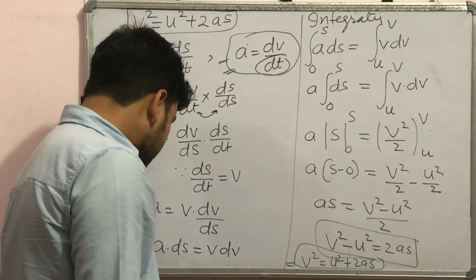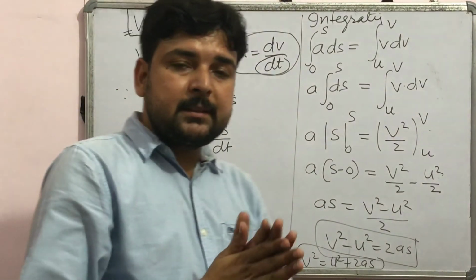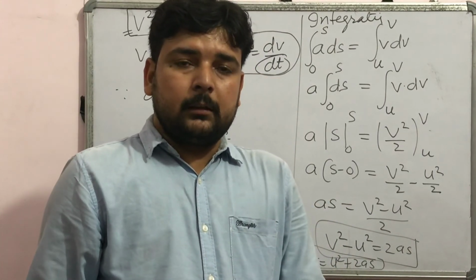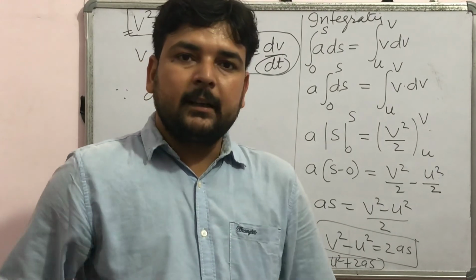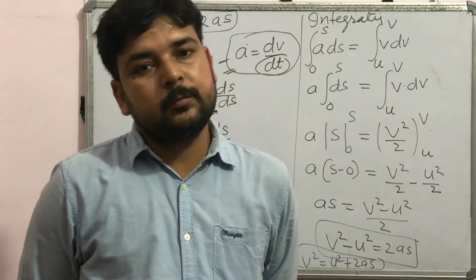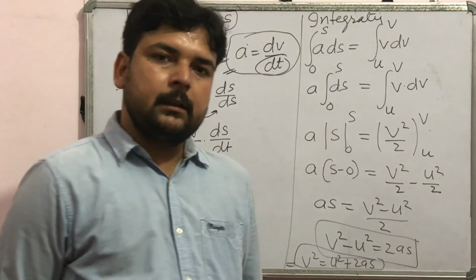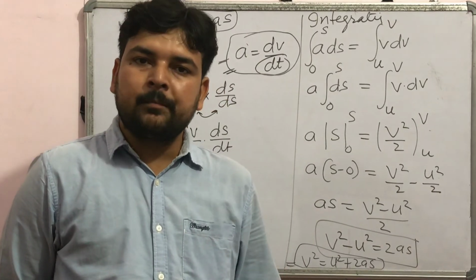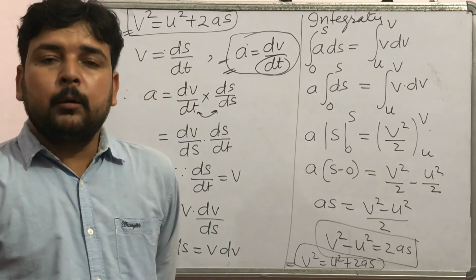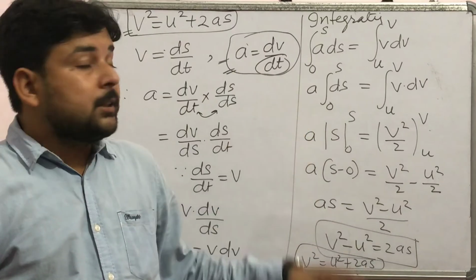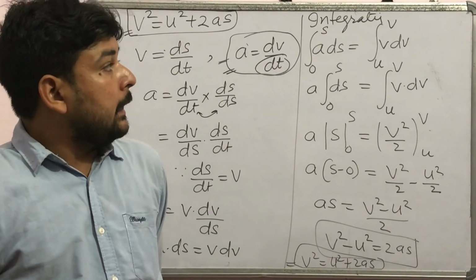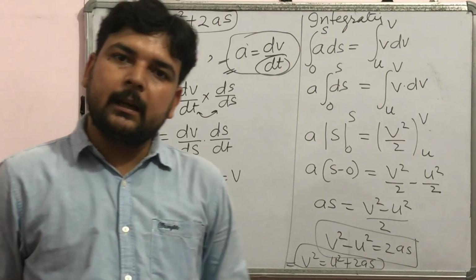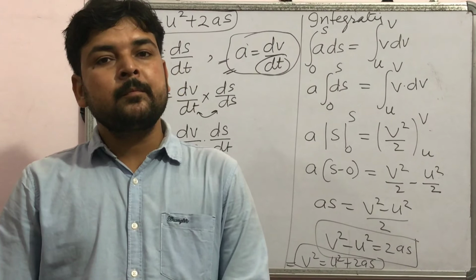So these are the 4 equations of motion that we have studied. Based upon that, we will try certain numericals in the next lesson, based upon these equations of motion. You know these equations of motion with the help of algebraic method and with the help of graphical method. आप लोगों ने class 9th में पढ़ा होगा about these equations of motion. This 4th equation is new for you, and rest these 3 equations you have studied in class 9th, and you have proved these equations with the help of algebraic method as well as from the graphical method.